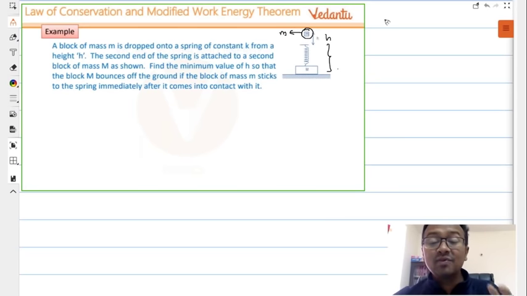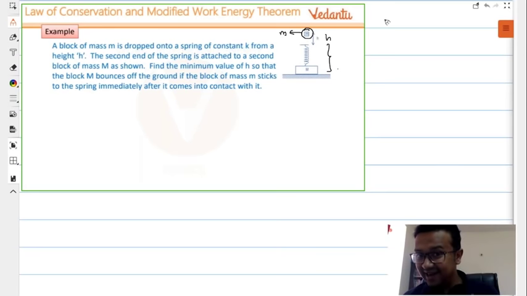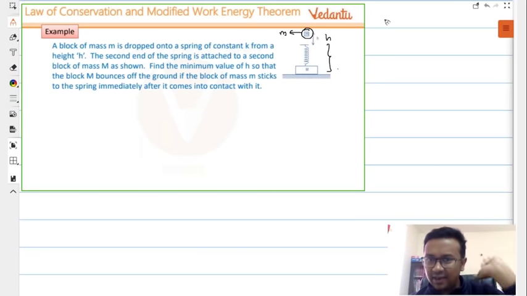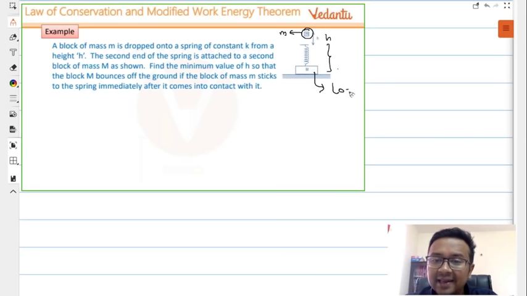They are asking what will be the value of h such that when it falls from that height, compresses the spring and bounces back, the block of mass capital M is going to lose contact